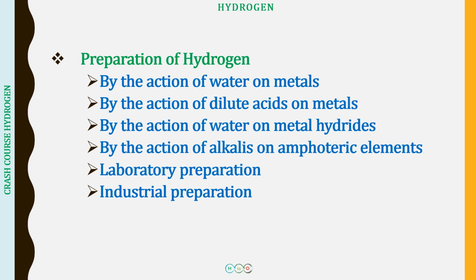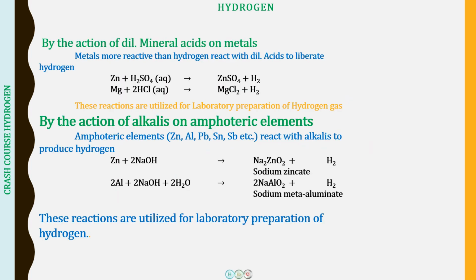A few of the things I will be discussing over here in this crash course. Now in question number 19, if you remember the choices for how we are going to prepare hydrogen, there were two metals and concentrated HNO3. The third choice was zinc and NaOH. So here we are discussing the action of dilute mineral acids on metals and the action of alkalis on the amphoteric elements. First, we have the action of dilute mineral acids on metals, and as I